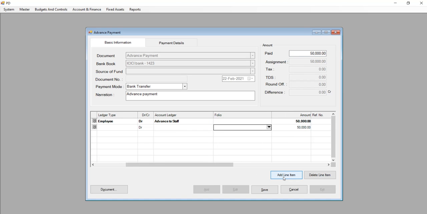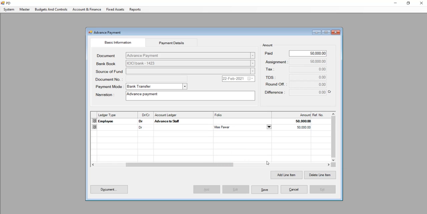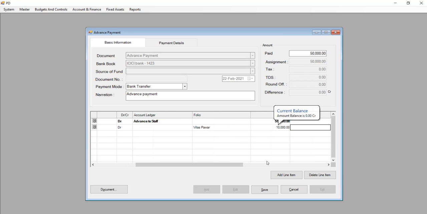Then click on Add Line Item again, select that employee name. Let's say if it is Vilas Pawar, we have selected Vilas Pawar. Advance given to him 10,000.